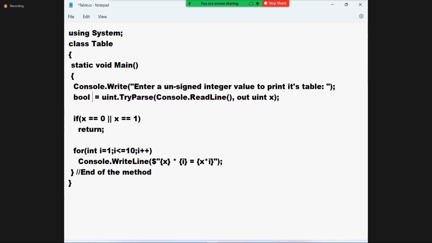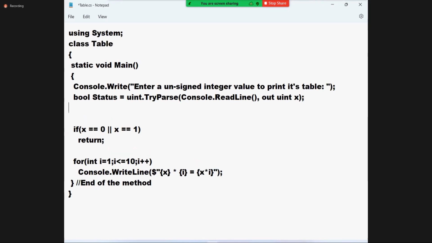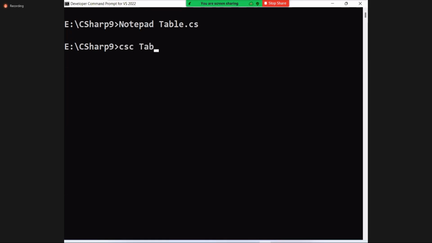And now you can capture it. How? bool status equals to. If status is true, what is the meaning? Conversion success. If status is false, what is the meaning? Conversion failed. Okay. For the time being, I'm writing Console.WriteLine(status). I'm just going to print the result to you. So compile it. csc table.cs